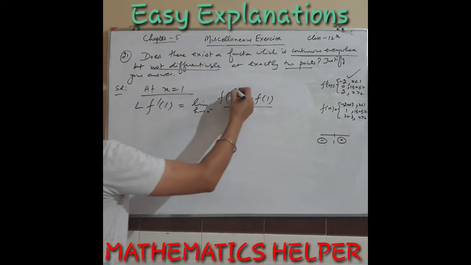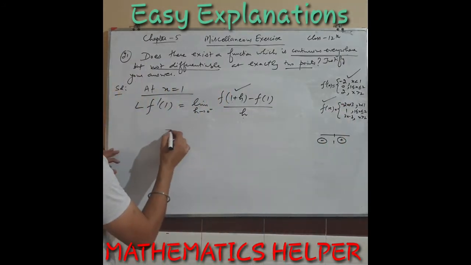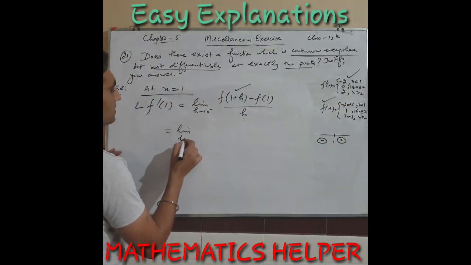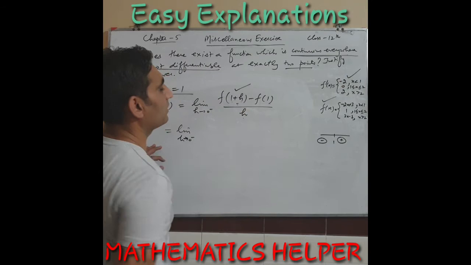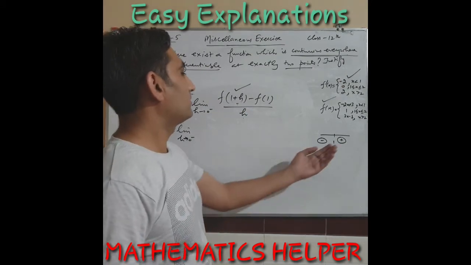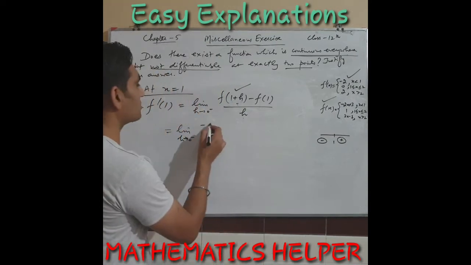But we are dependent on the definition of f(x), this one. So we have to write their values. See, limit h approaches 0 from the left side, f(1 plus h). What is the statement for the left side of 1? It means the value is less than 1, the first one. So it will be minus 2x plus 3.